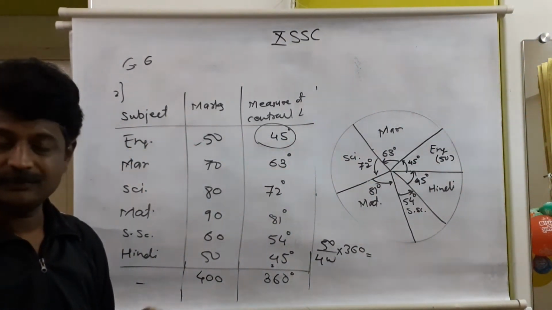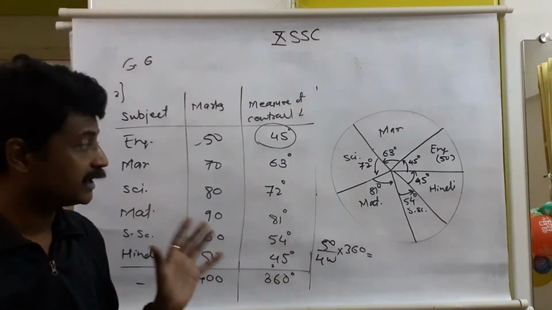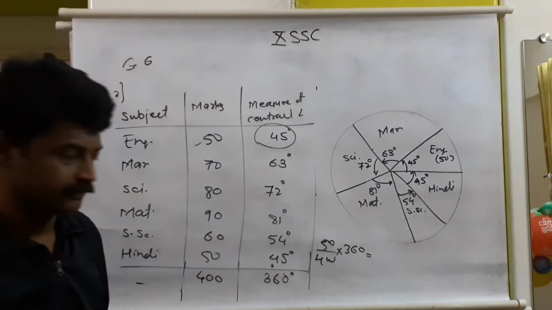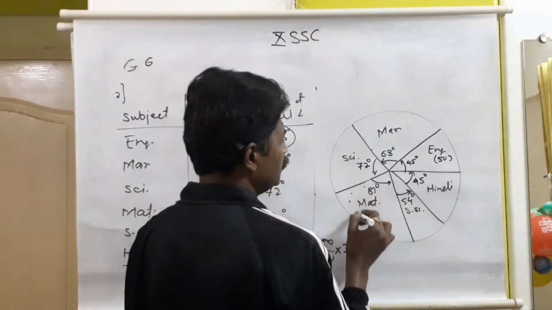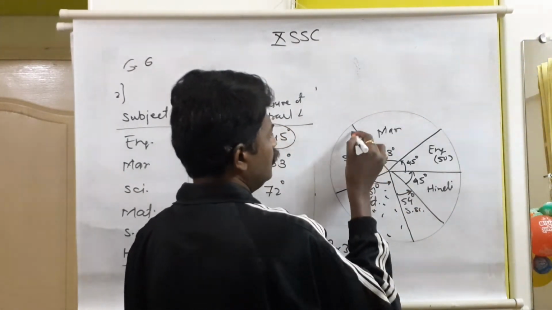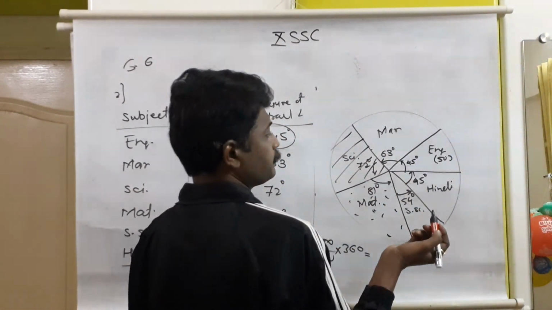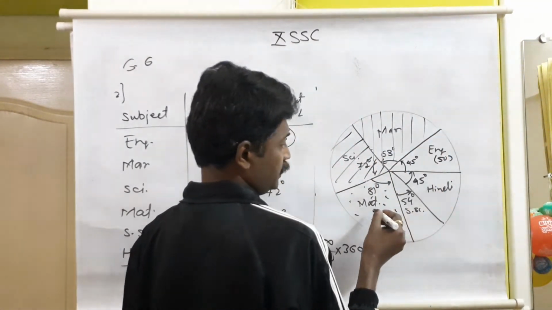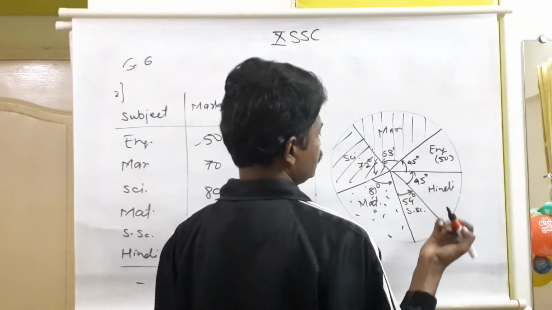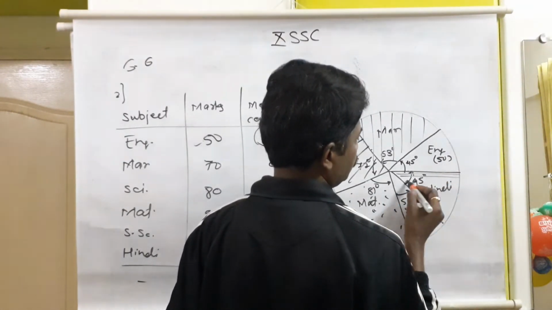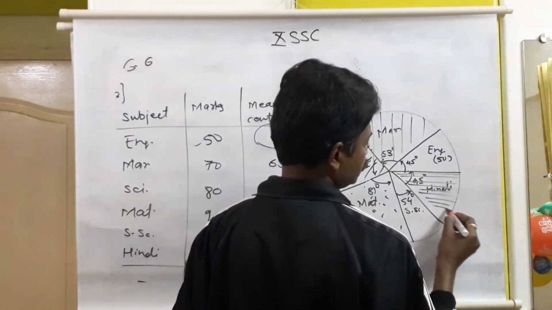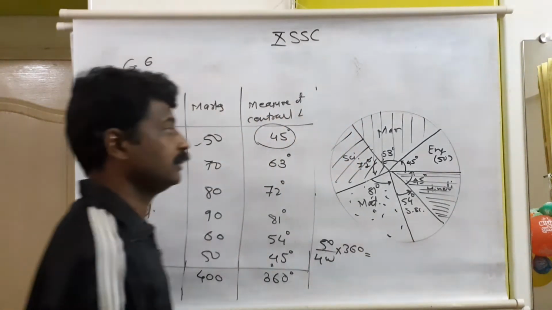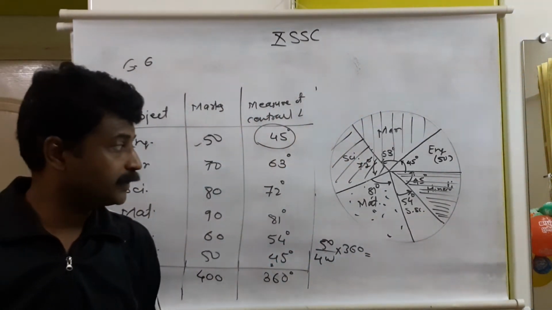If you have extra time you can show it by different shades, but it is not compulsory. Few students can show it. This is for the Marathi subject, or this is for the science subject. Here it was maths, Marathi subject. English is blank. Then in this way it is for Hindi, but this is not compulsory. Your diagram should be in this form.